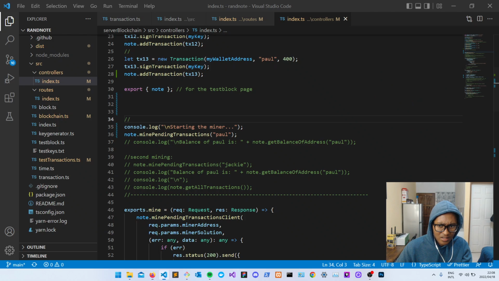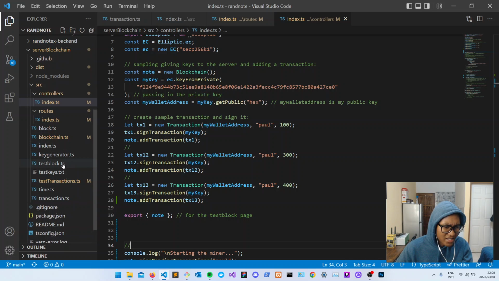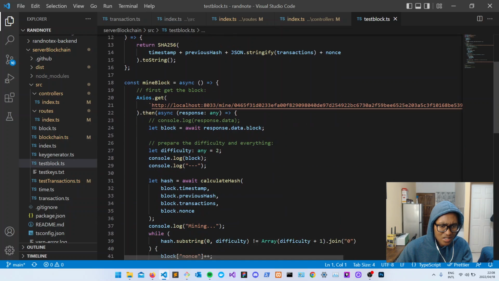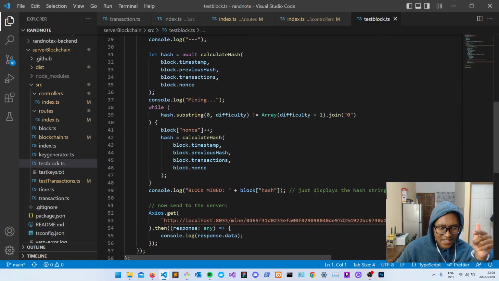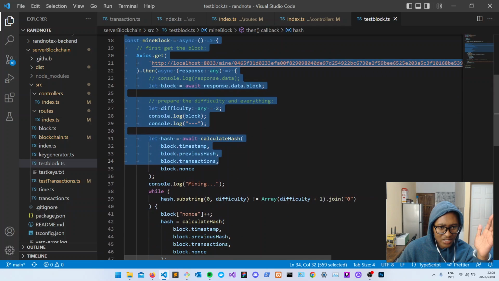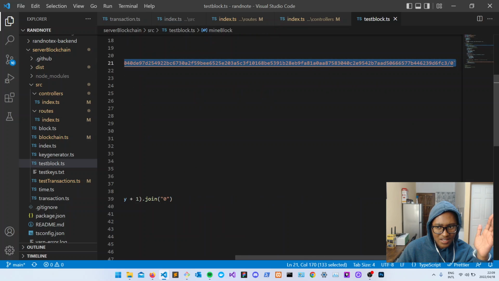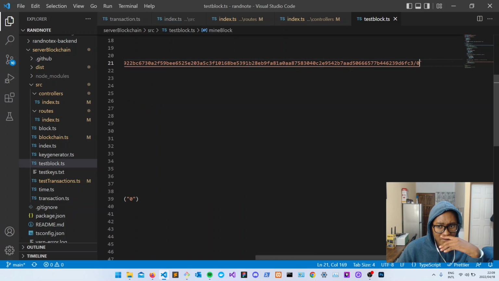I just want to see something. Okay, wait, what? Test block. Okay, so I had written a test block. I had written this to make tests. So let's see, what does this do? We have a calculate hash function. We have a mine block function, which mines. Basically, this is your public address, and it sends a zero as a second parameter